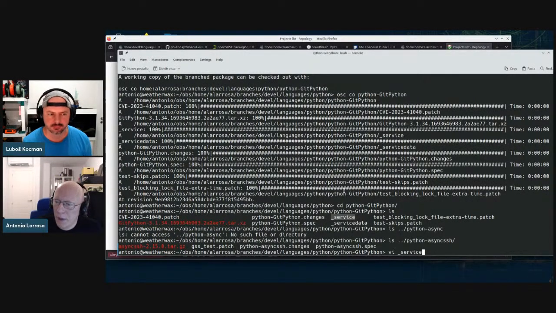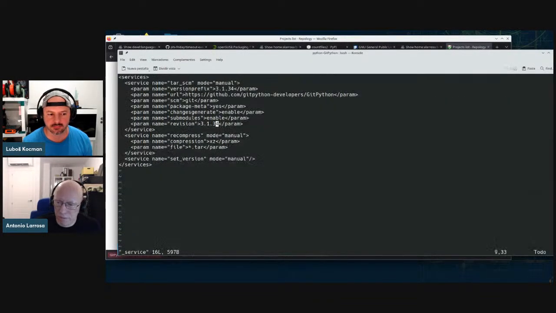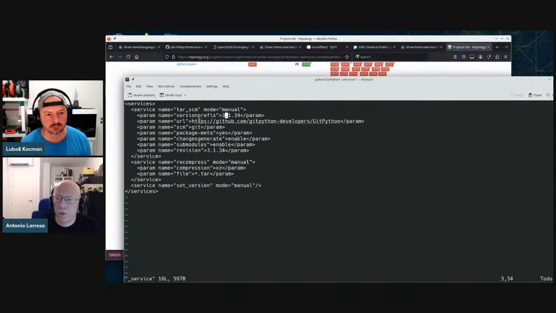This is something that runs some scripts on the server, in OBS, in order to get the sources of the package. And for this, the version of the package that we are building is defined in this service file. So as you see here, this retrieves the sources directly from GitHub, and it checks the revision 3.1.34 from GitHub, and uses that as a version prefix also. So if we go to GitHub